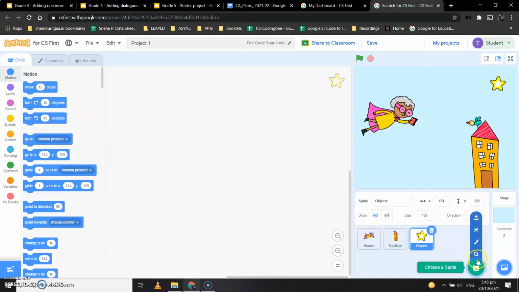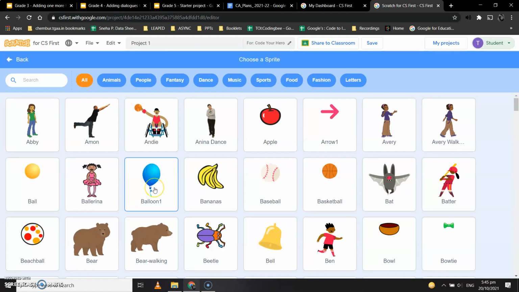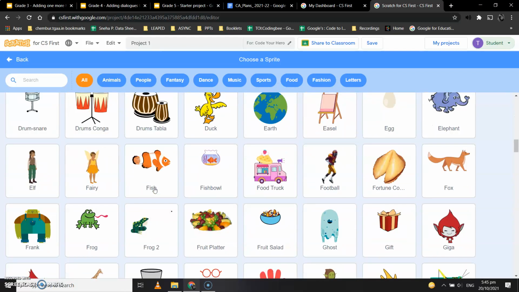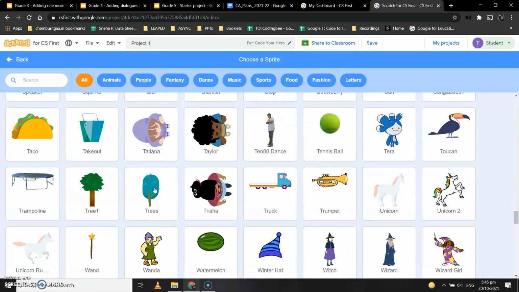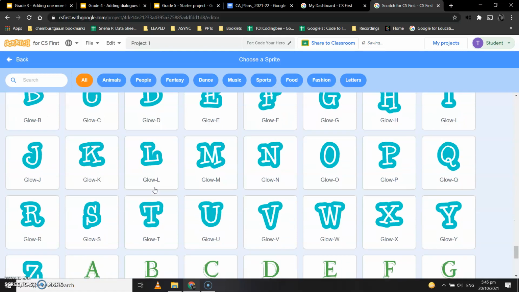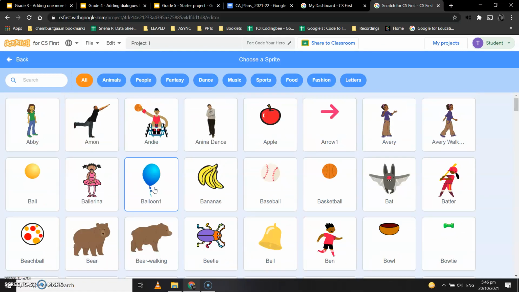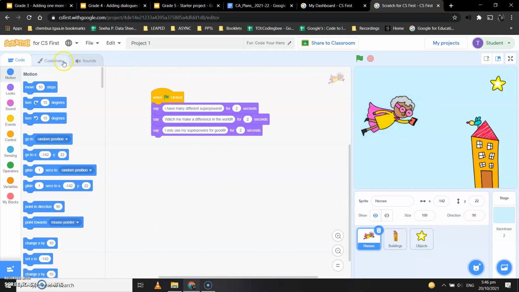Now when I click on this kitten-like icon and I click on this search icon, I see all the sprites that are given over here. So I can add any of the sprites from here. There are so many things over here. Many different kinds of sprites are here. Or I can also go back, click on this heroes option and click on the costumes option.